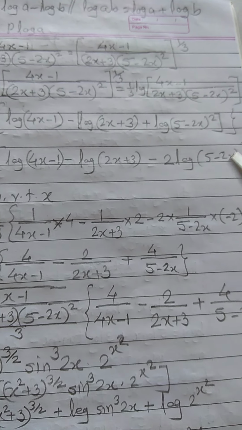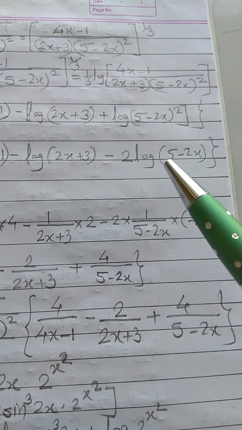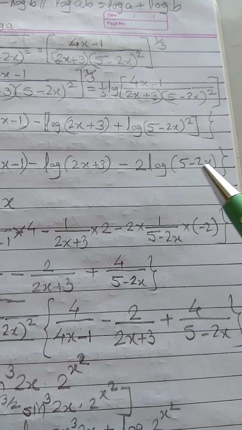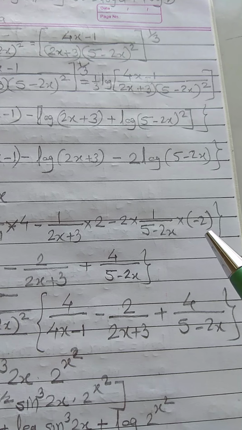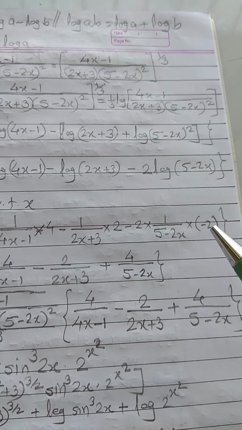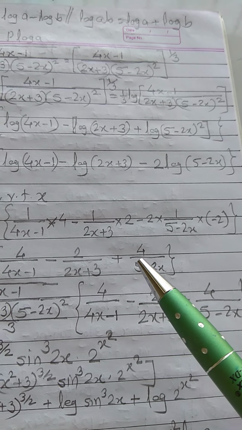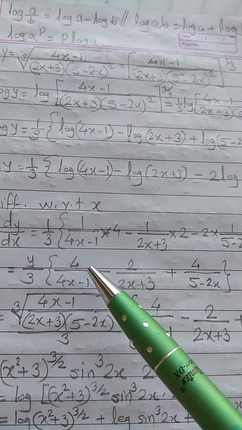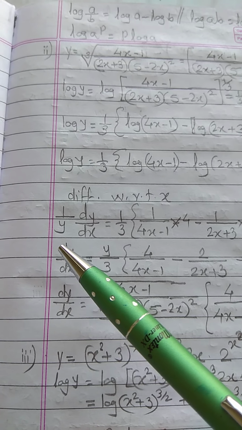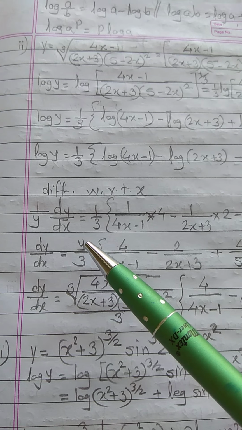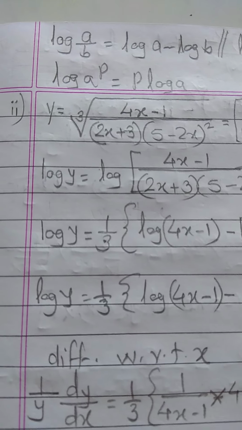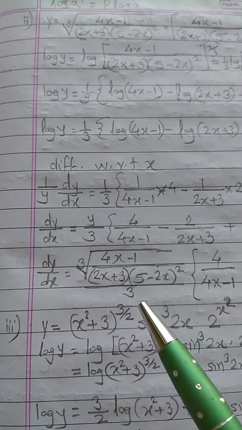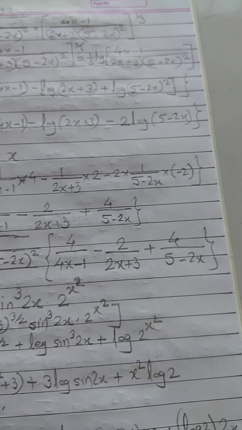Minus 2 as it is. Derivative of log of 5 minus 2x is 1 upon 5 minus 2x into derivative of this, minus 2x, is minus 2. Now this minus 2 into minus 2 can give you 4 here. This minus 2 remains as it is, and 4 ones are 4. This upon y will go to that side and become into y. In place of y we are writing this cube root. Okay, so final answer is this cube root upon 3, this inner bracket as it is.